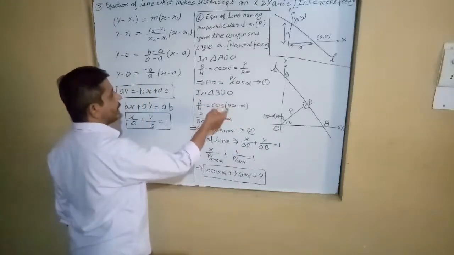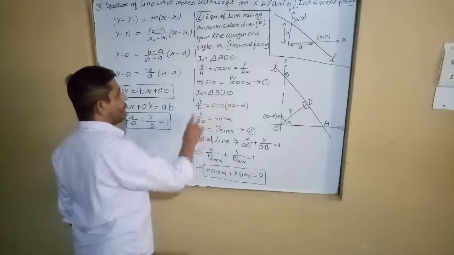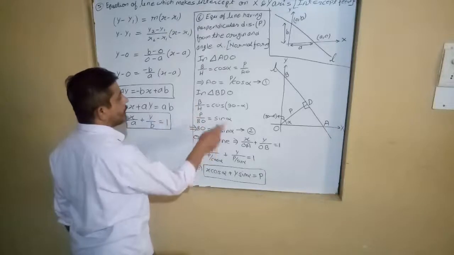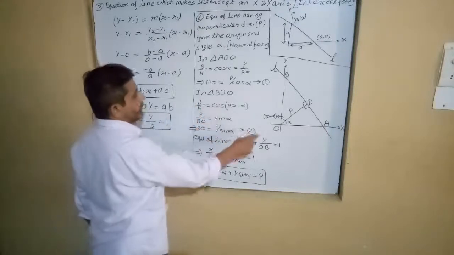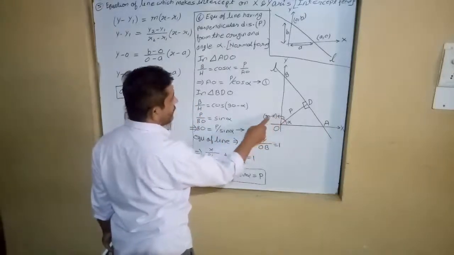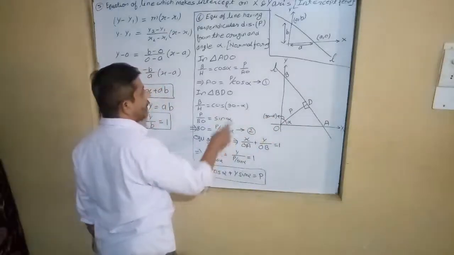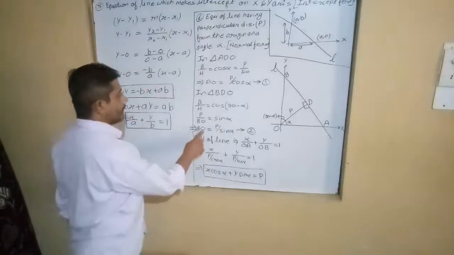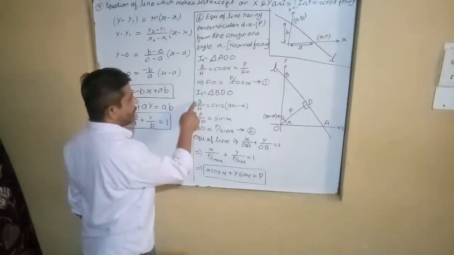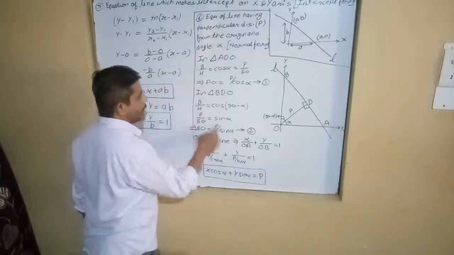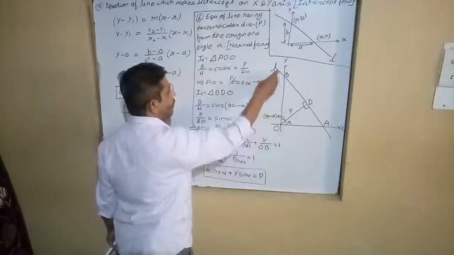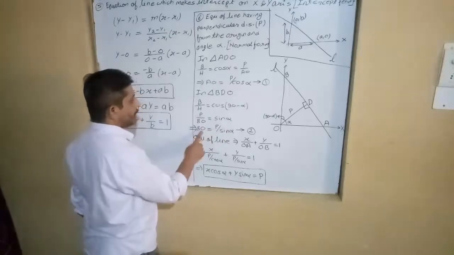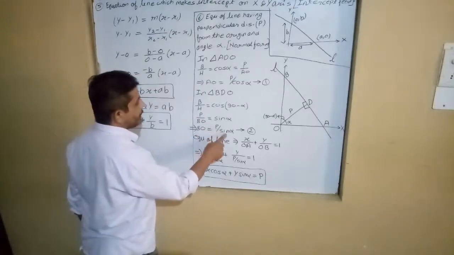If we take the other right angle triangle BDO, here again we apply the ratio base upon hypotenuse, so we will get cos. The base angle here is 90 minus alpha. So cos 90 minus alpha is equal to sin alpha. Here the value of base is again P and the hypotenuse is OB. So P upon OB is equal to sin alpha, so OB is equal to P upon sin alpha.